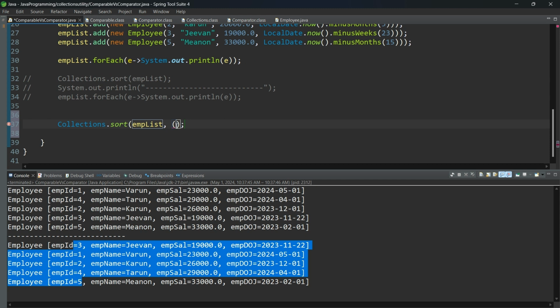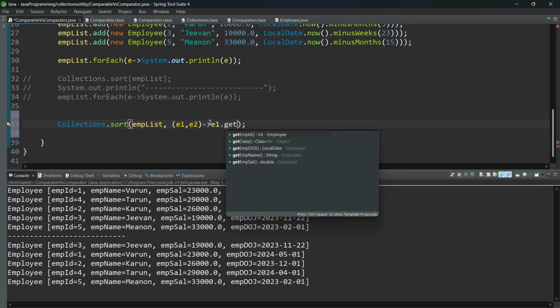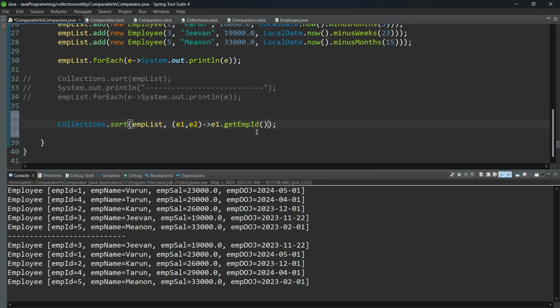Here I am also implementing a lambda expression, employee1 comma employee2, and with that I implement the same logic. I want to implement sorting based on employee IDs, right? So now e1.getEmpId().compareTo